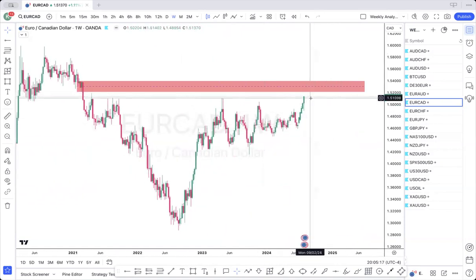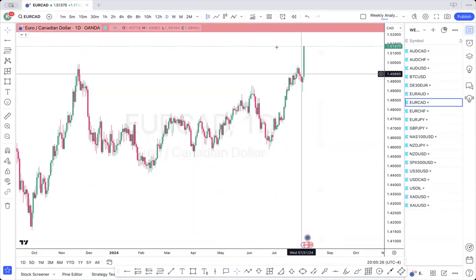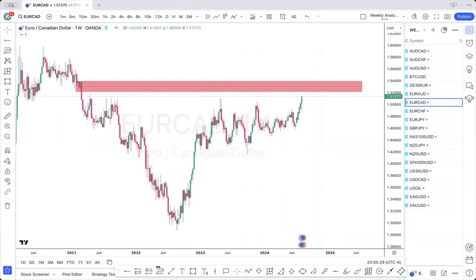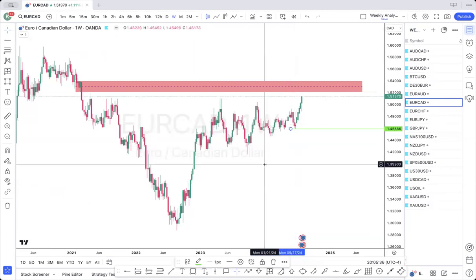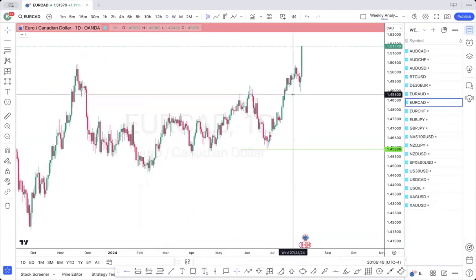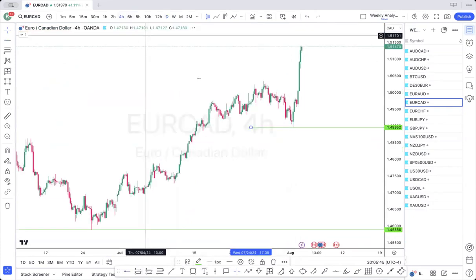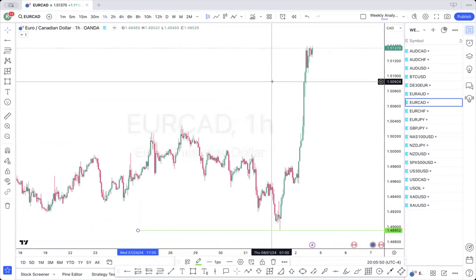Okay, so if I were trading EuroCAD, I would set an alert here. I would wait for, so if I go to the day, and I want to explain this clearly. Based on the weekly, this is the first internal swing low, right? But if I go to the daily, this is the swing low here. On the 4 hour, that is still the swing low. On the 1 hour,